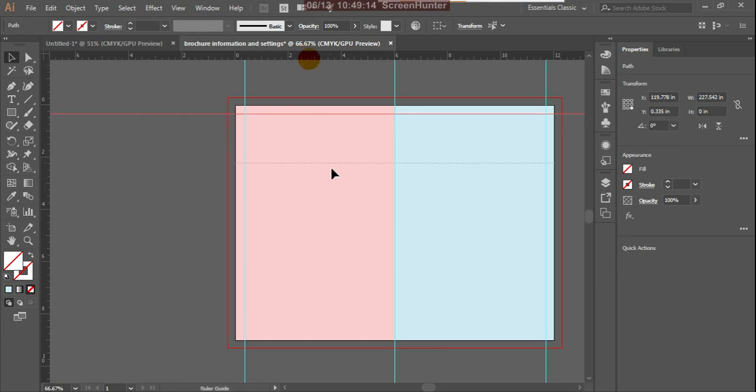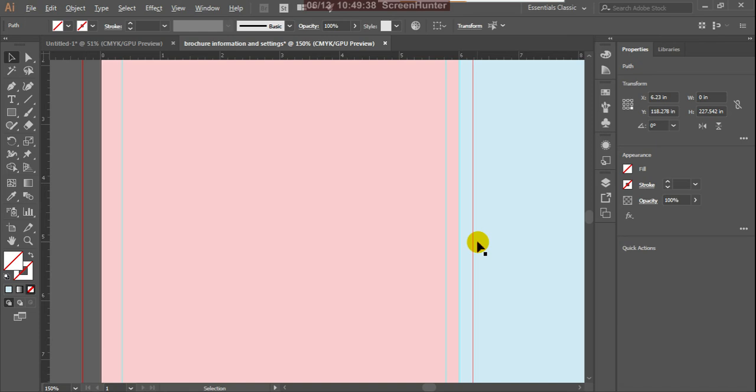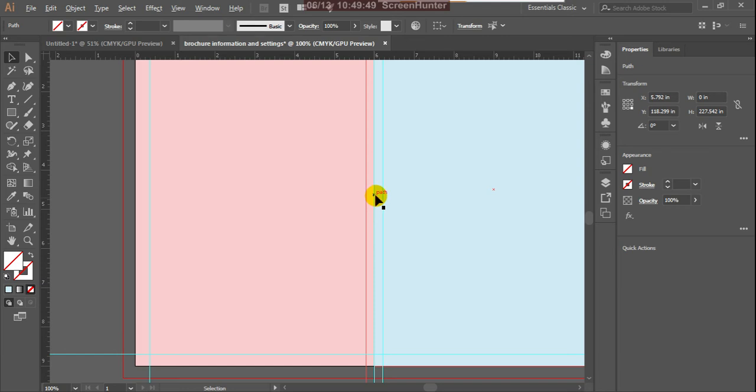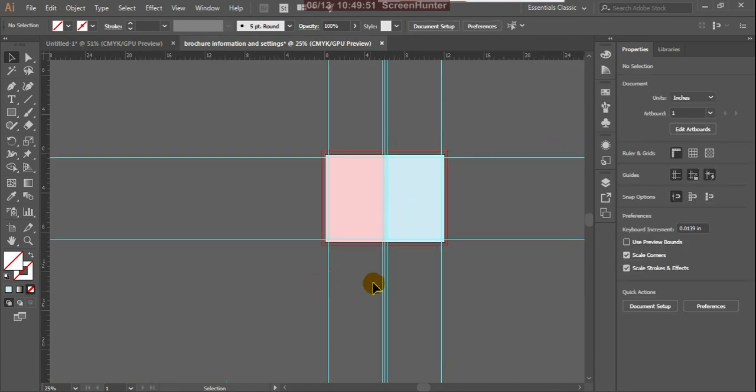The four sides we are maintaining with rulers here. And at the folding area we are maintaining some gap. The folding area we are maintaining.